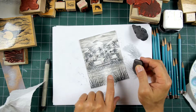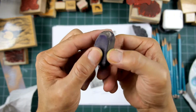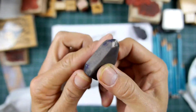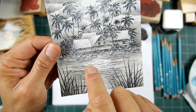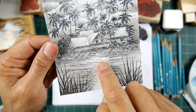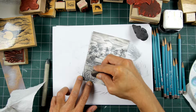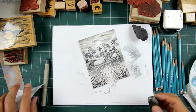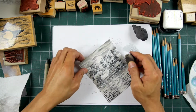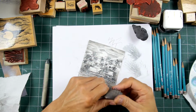Okay. I'm kind of putting this on edge. What I'm doing is I'm using an angle, but this eraser is so gummed up, I'm not sure what it's doing. See, I'm kind of coming out from these areas and going out there a little bit. Maybe I'm doing it too far. Maybe I should just come out a little bit. Okay, like so. And the rooftops here got a little bit too dark. I want to bring some of those out a little bit more, so